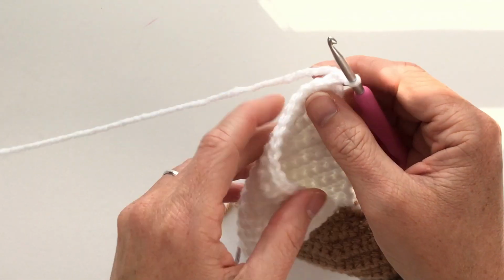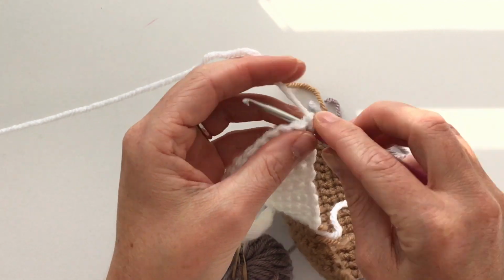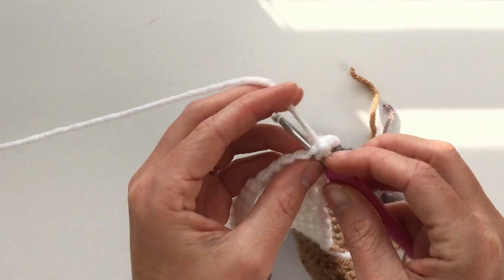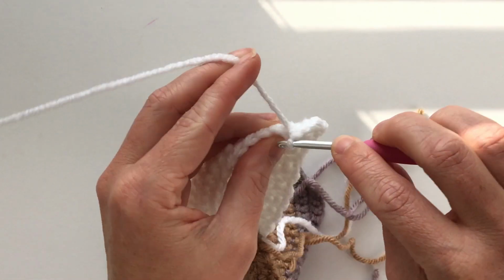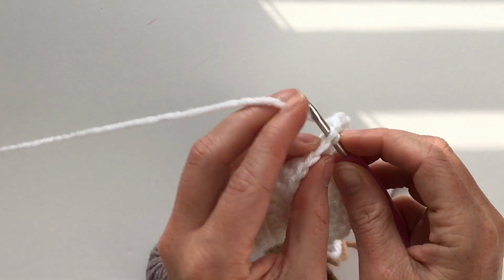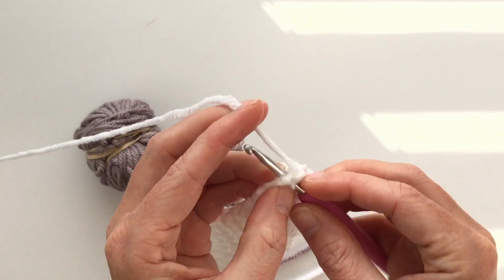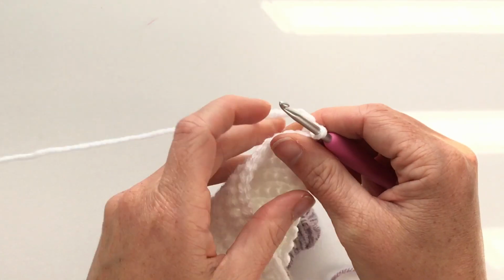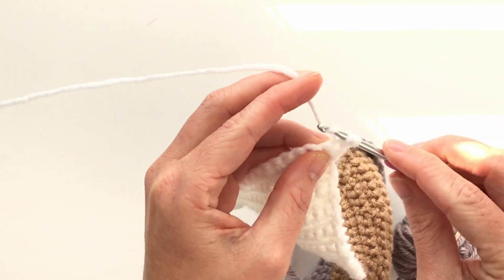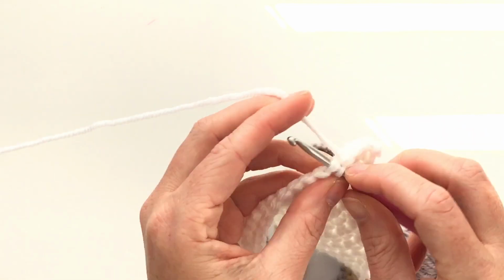Okay, chain 1 and turn our work. For row 37, we're going to increase in the first stitch, single crochet in the next 19 stitches, then increase in the last stitch, giving us a total of 23 stitches in the row. Chain 1 and turn your work. For rows 38 and 39, we're just going to single crochet 1 time in each stitch all the way down,